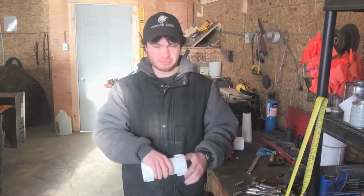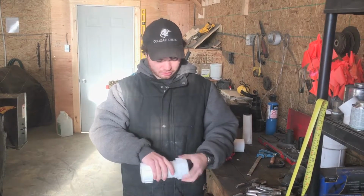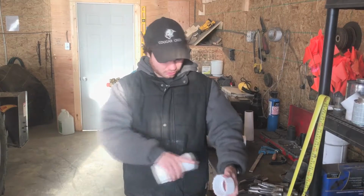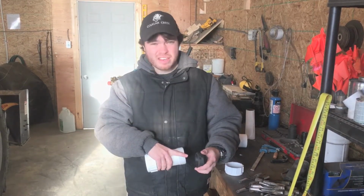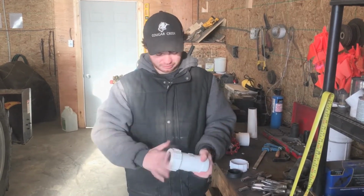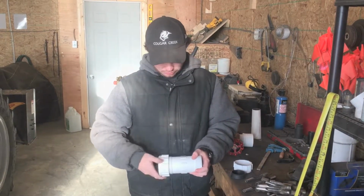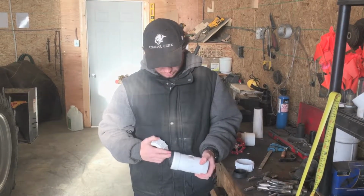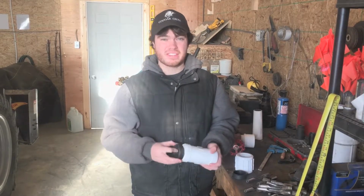For those of you who don't know, this is what a compression coupling looks like. With a compression coupling, there is no glue required. How it works is, there is an end cap, which is this. Then there's a rubber bushing, which is this, with a compression fitting in the middle, and has an end cap and a rubber bushing on the other side of the compression fitting. With the compression coupling, you're able to screw it in between two pipes using the two end caps, and having the two rubber bushings inside are able to be snug tight against the pipe so that none of the water